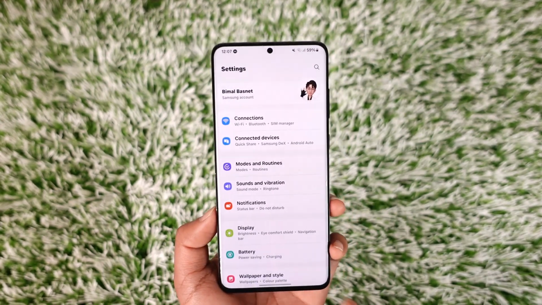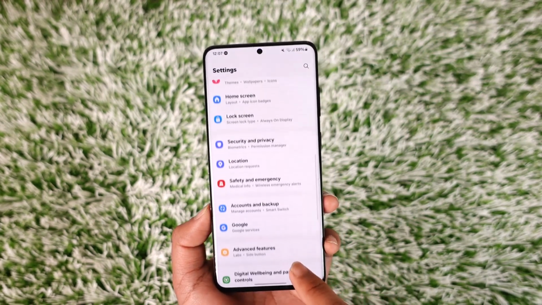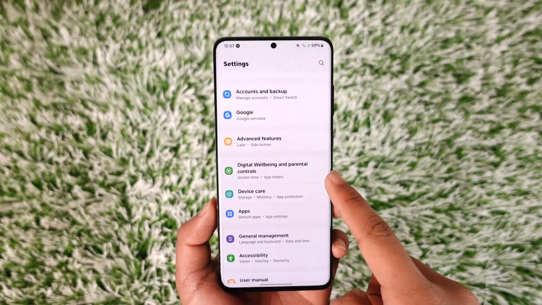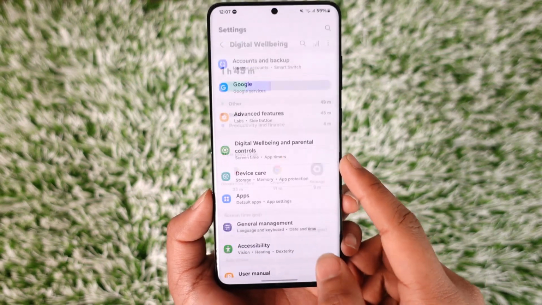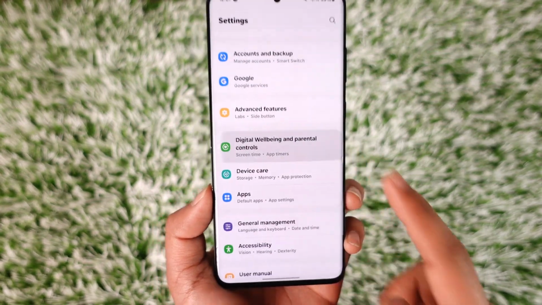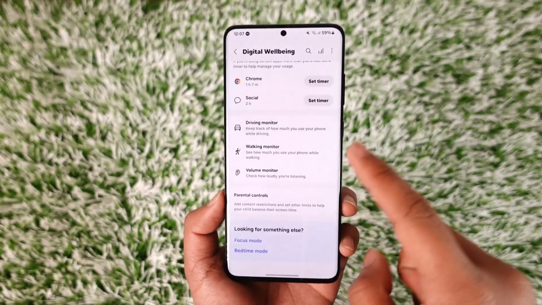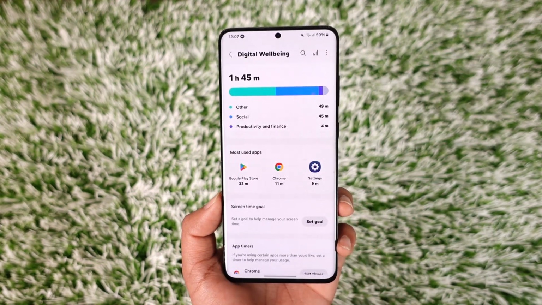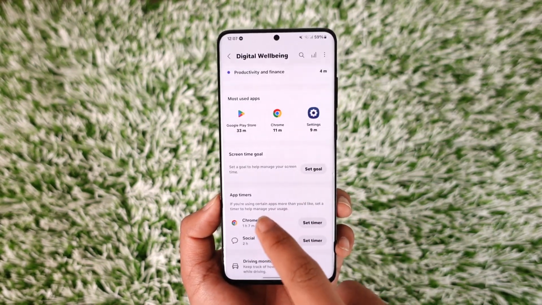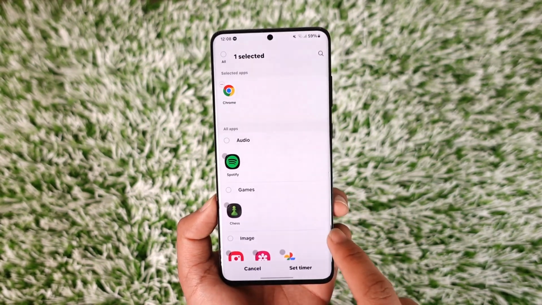So if someone has enabled it and you would like to remove those, what you have to do is just go ahead and open settings, and inside settings you'll find something such as digital well-being and parental controls. Tap on it. Now if they have set a certain app timer or something like that, you can always go ahead and disable them by simply tapping on it, and then you should be able to remove those